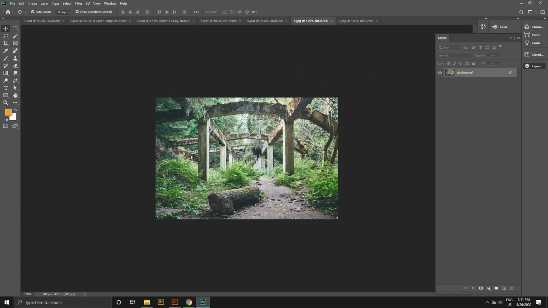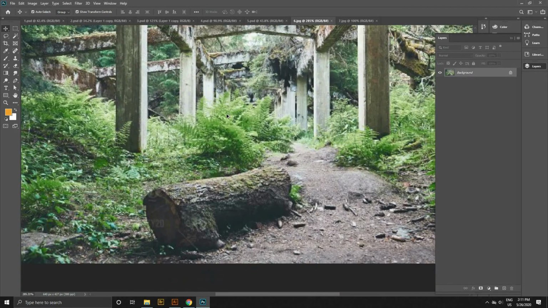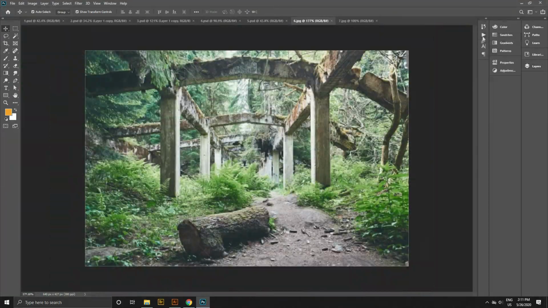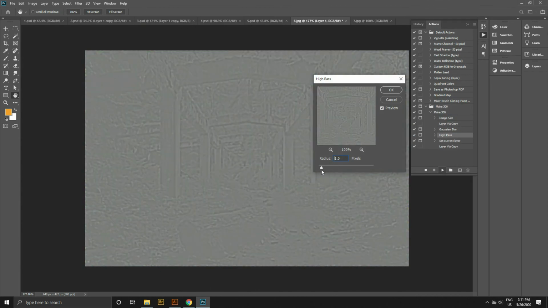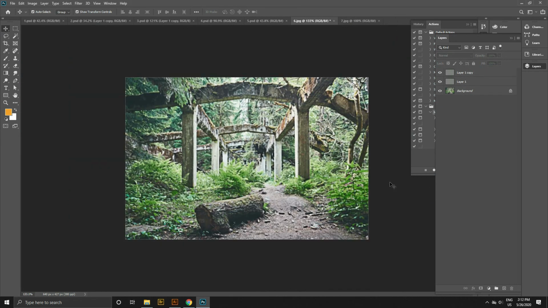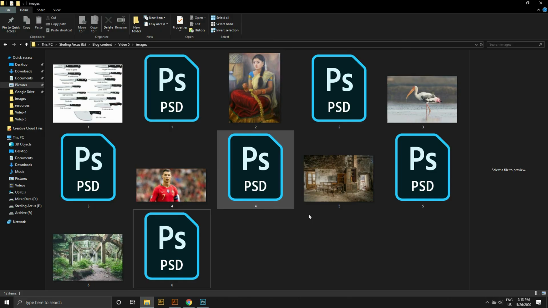Now this is an example of a very damaged image. We cannot see any details of any vegetation that is in the image. We will see how the result turns out to be in this image. This is not working, but let's compare it with our original image and see. The details have come out, but it's not working in favor of the image. So here are the few examples with which we have worked.